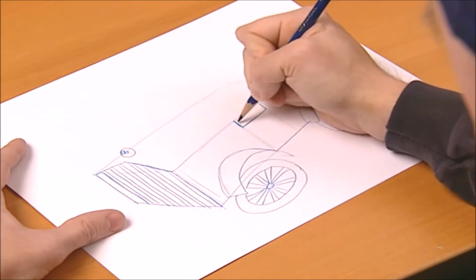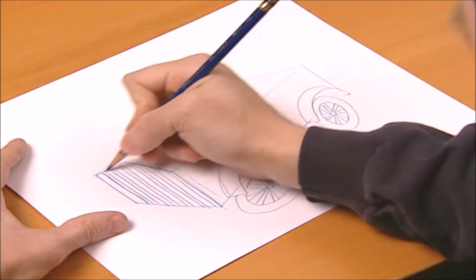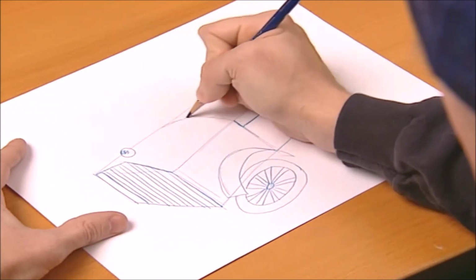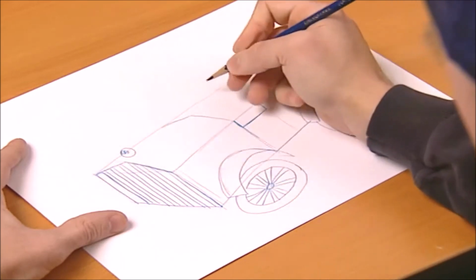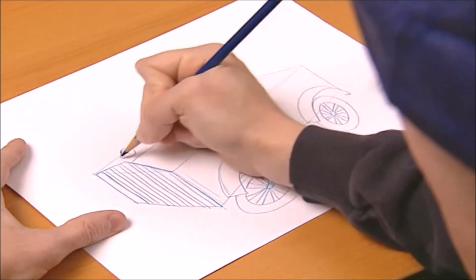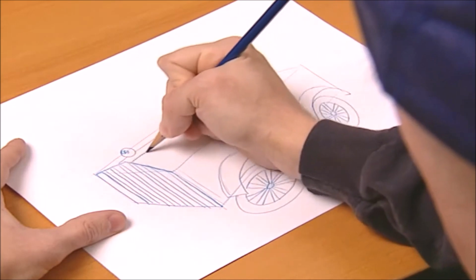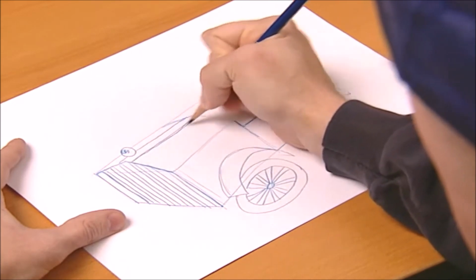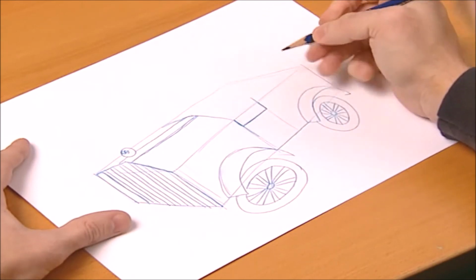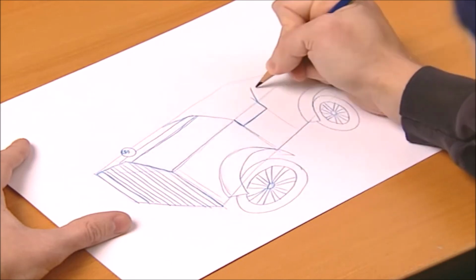Okay, so now we're going to follow from here where the door starts, kind of the same shape that we drew here. We're going to draw it right here and make it go up and make it go down, just following that same shape that you see right there. And then there's a connector piece that goes back to it. And when we get back here to the back of the car, it kind of rises up a little bit. Like this stays low, and this goes higher